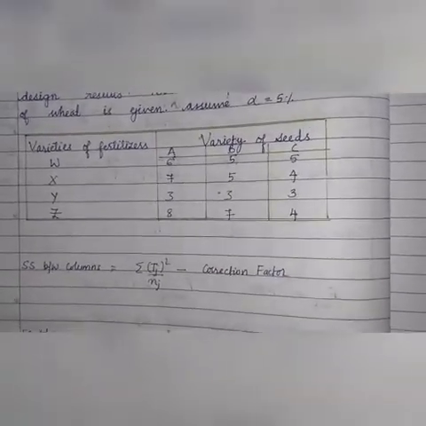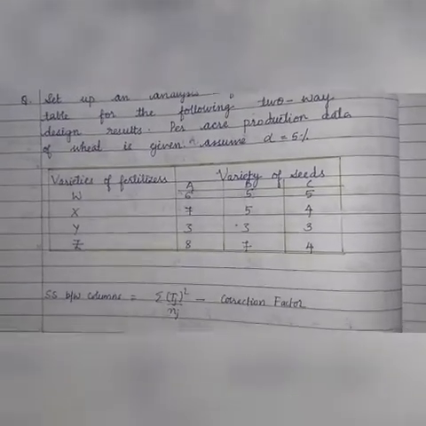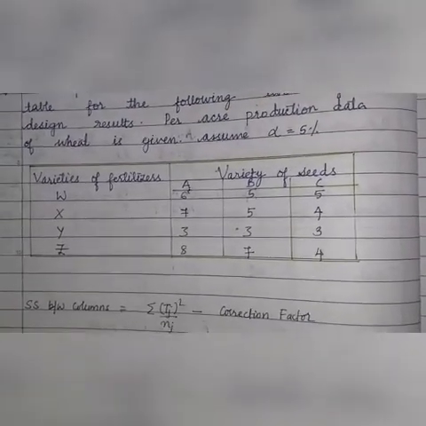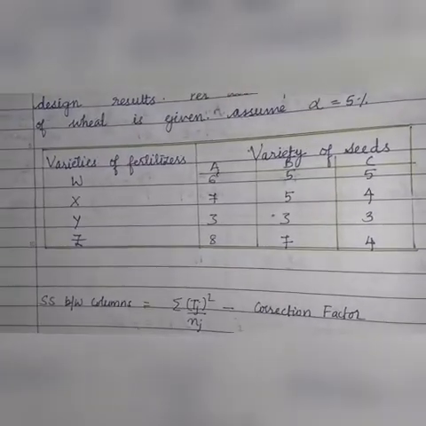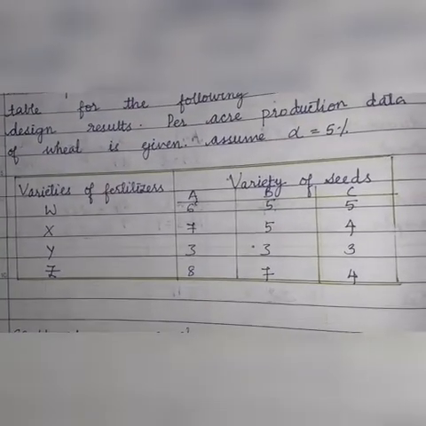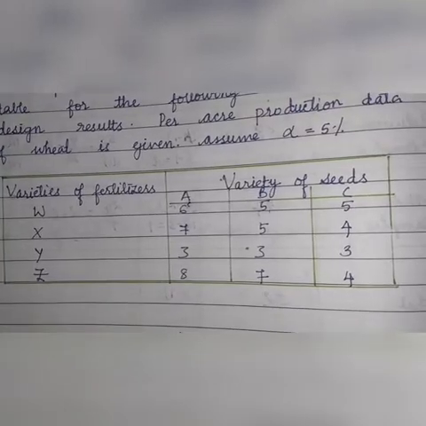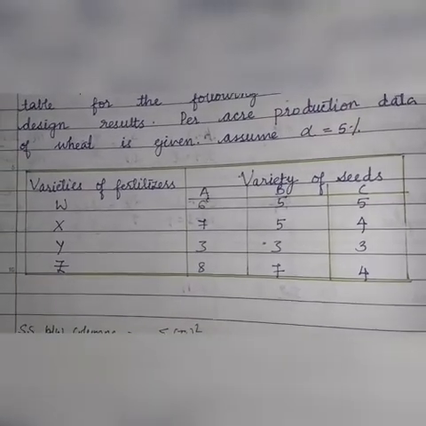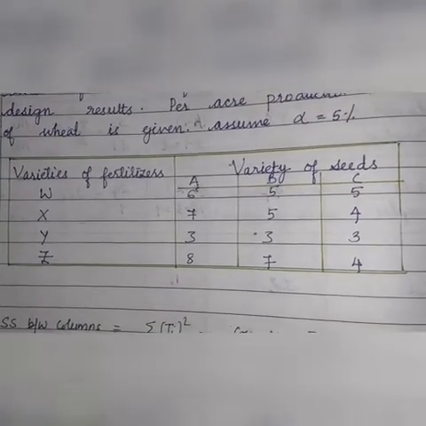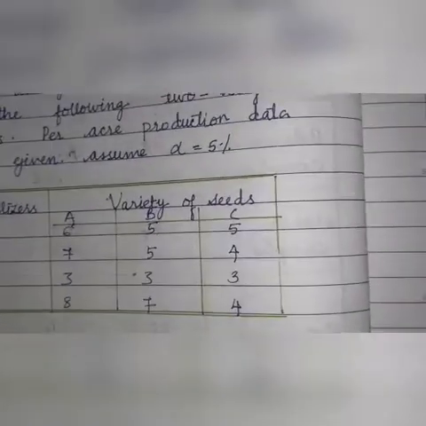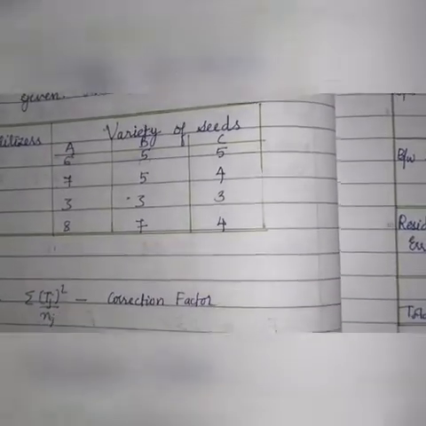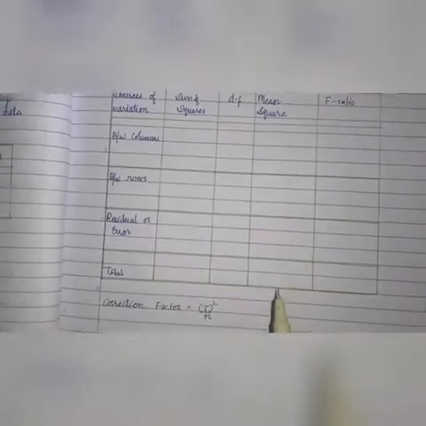As we have done in one-way ANOVA calculation, we will follow the same procedure here. First, we will find out the F statistic, then we will go into the procedure of testing hypothesis. So let us go ahead and calculate the F statistic. Before we do that, we have to create a proforma for writing all the values that we calculate.